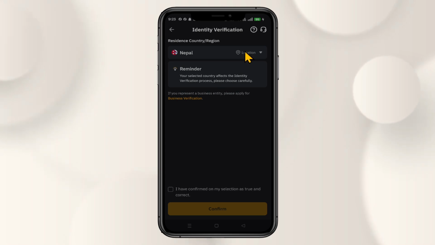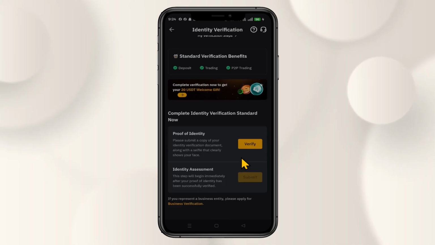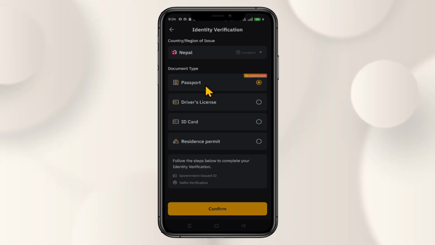Just choose your country or your region of residence. Then tap on the checkbox and then press confirm. You will now be shown the steps that you will need to complete in order to verify your account. The first step is to provide the proof of identity. Tap on the verify button and you may choose your passport, your driver's license, your identification card, or your residence permit. The passport is recommended by default, but you can choose whichever you wish and then tap on the confirm